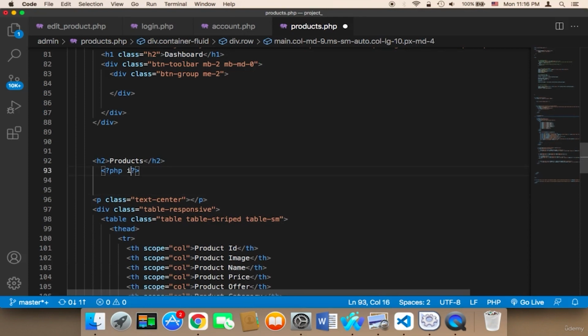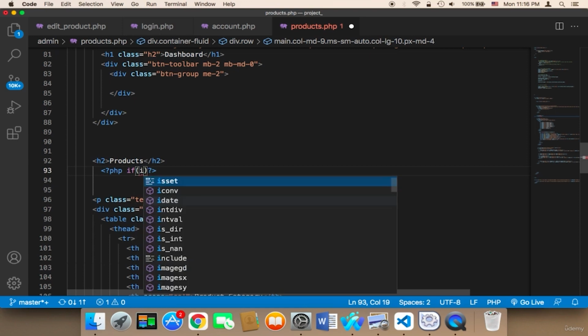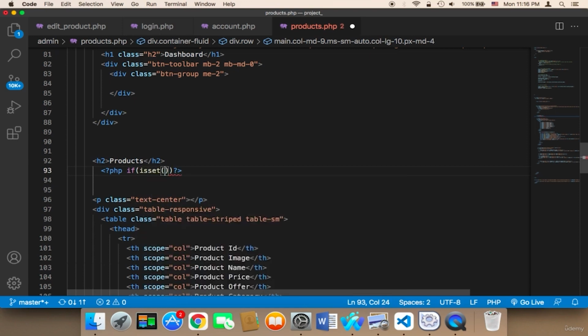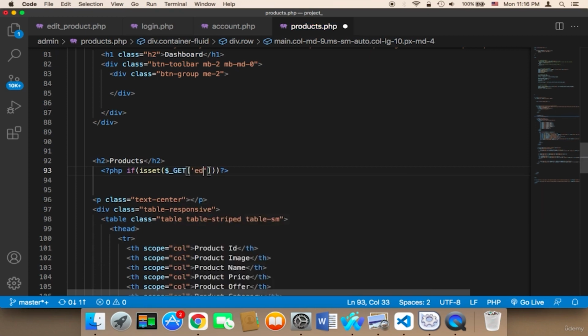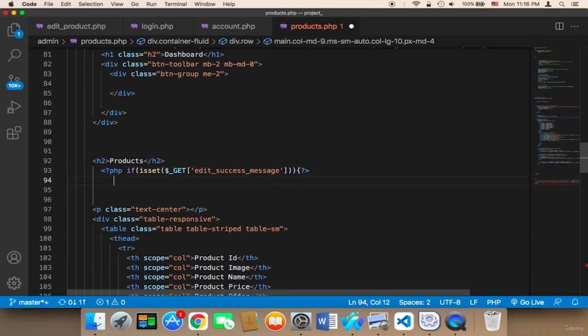So here I'm gonna say if isset, and then GET edit success message. Then I'm gonna say P, and in this paragraph I'm gonna say PHP, and then echo, and then I'm gonna echo the message. I'm gonna say echo edit success message,